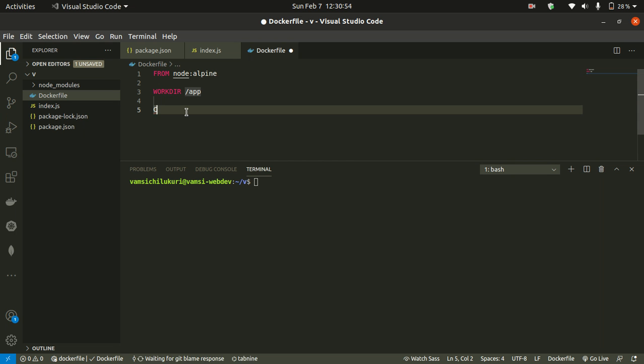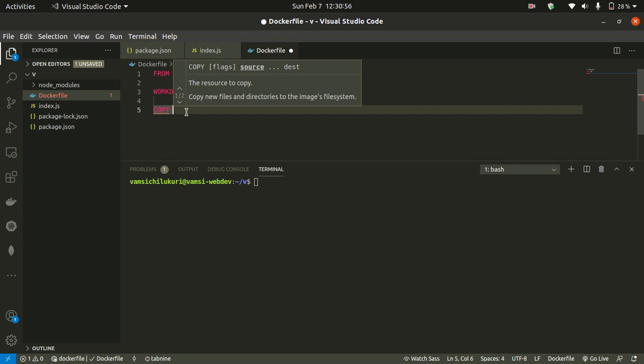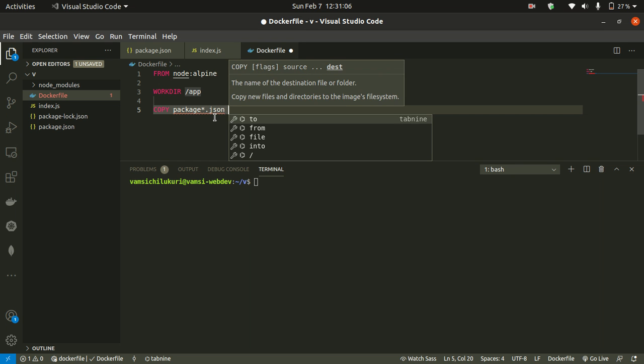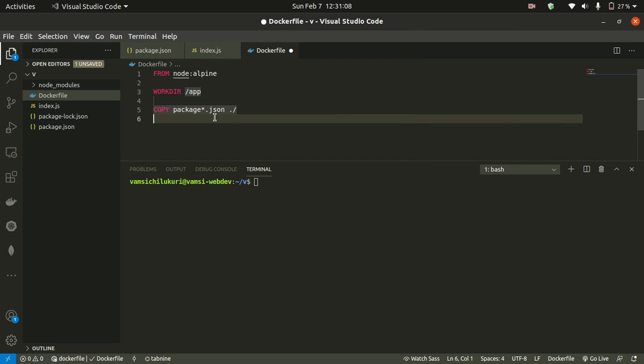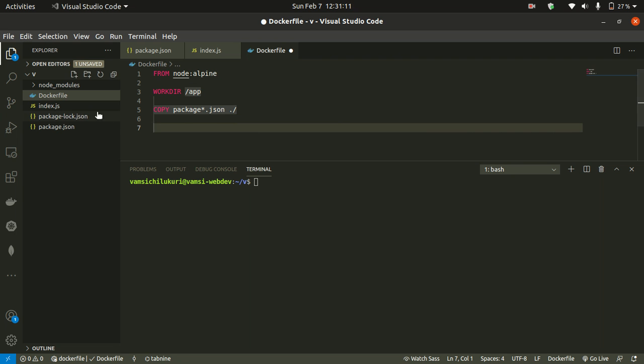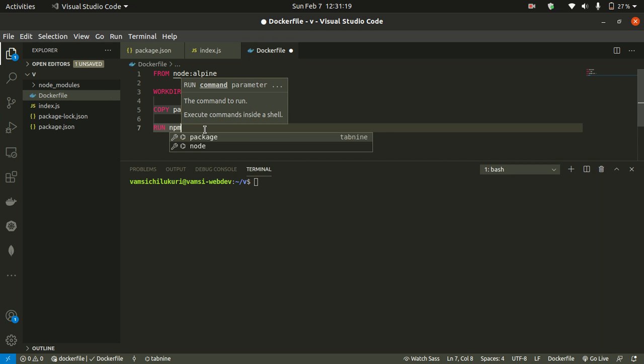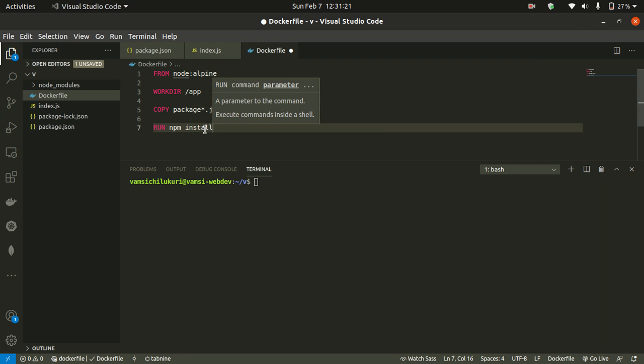To copy both at a time we will use package*.json. After that we will run npm install for the package.json files.